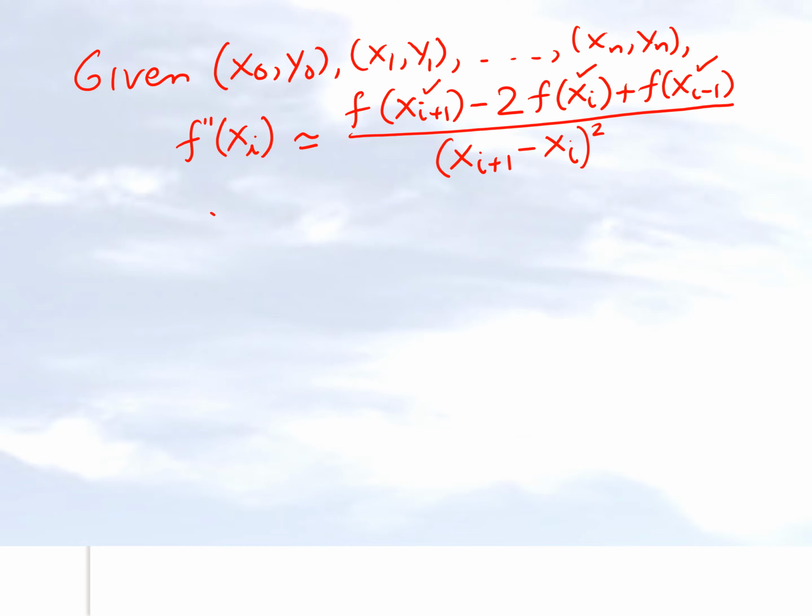Also, what you've got to have is that the difference between the point ahead and the point where you are looking for the second derivative, and the difference between the point where you're looking for the second derivative and the point behind it, that distance has to be the same. Only then can we apply this particular central divided difference formula to find the second derivative of a function. Let's look at an example, and I think some of the things which I mentioned here will be clear when we look at those examples.